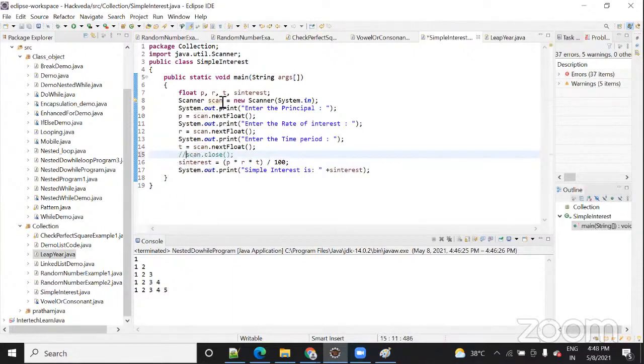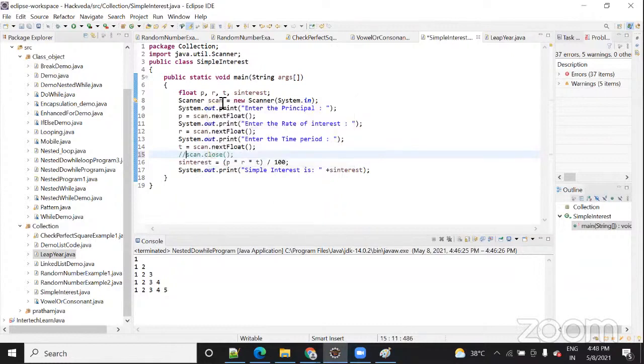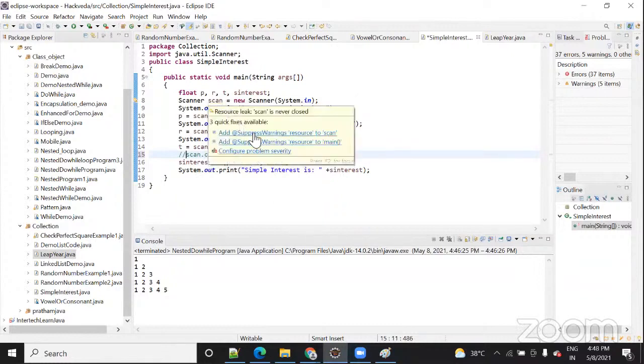When I put the comment here, I am getting this suggestion. This was the annotation that I was telling you about. Add @SuppressWarnings resource to scan, add @SuppressWarnings resource to main, right? So it was a warning that you were getting earlier. It will show you three quick fixes available, and it will give you a hint also. Resource leak: scan is never closed.